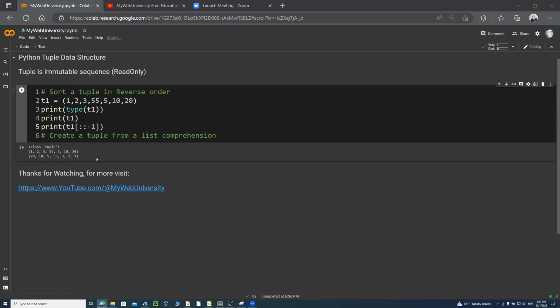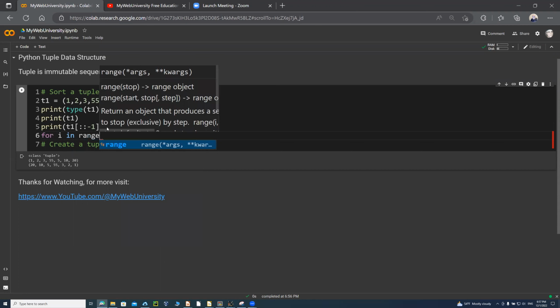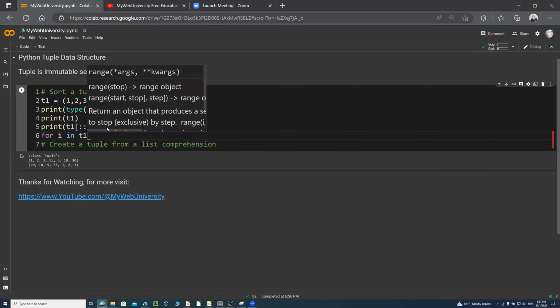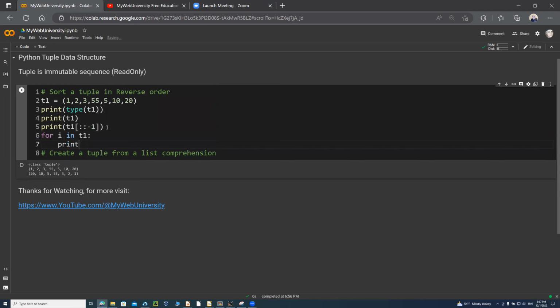And at this time, let's get back to what we were doing. If you look at that 20, 10, 5 is there, that's what that reverse order means. You can also go within a for statement to print the same thing in reverse order. So you could say, for example, for item in range, instead of doing a range, in this case we are going to say T1. If we say T1 and then say print I